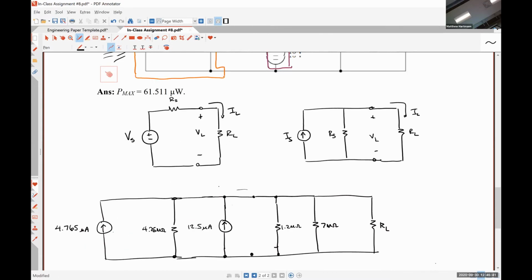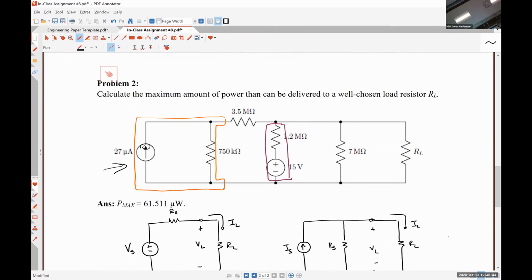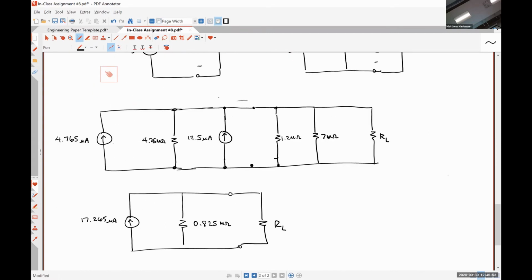So you are asked to determine the maximum amount of power that can be delivered to a well-chosen load resistor RL. So what's the maximum amount of power that can be delivered by the network to the left of that dashed line? Maximum power transfer occurs when the load resistance is equal to what? The source resistance here. So we're looking for the power that occurs when RL is exactly equal to that value of 0.825 mega ohms. And we've derived an equation for it, or I've derived an equation for it that I believe was in